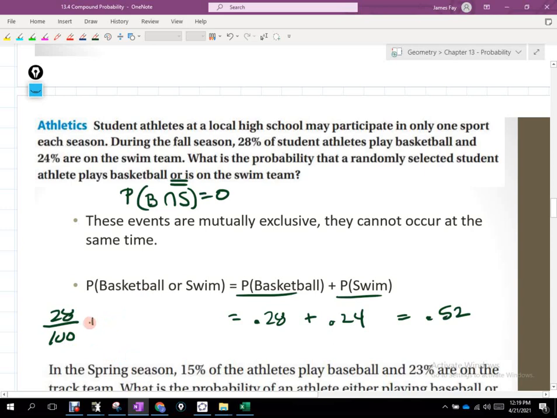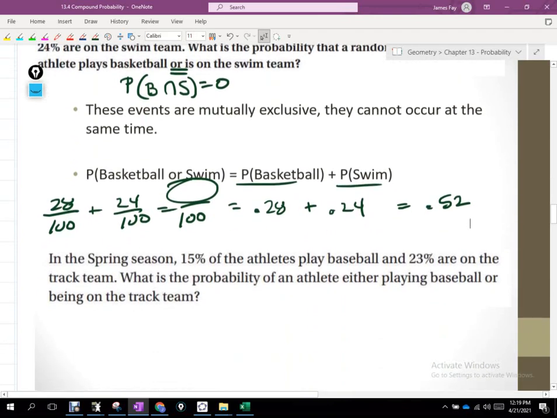Let's say the 24 came from another group of 100. Okay, do you see how, because I'm adding fractions that have common denominators, the denominator stays 100, right? But now do I make a larger numerator? I have more favorable objects here to compare to this 100 than I did when I was looking at them as individuals. Okay, so that's why when we see the word or,